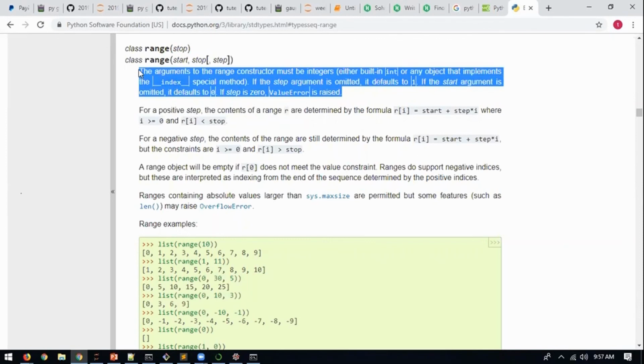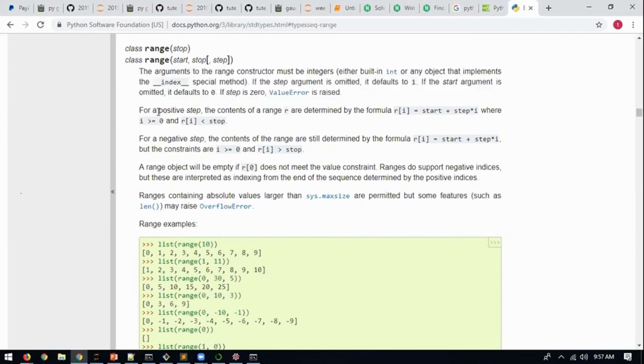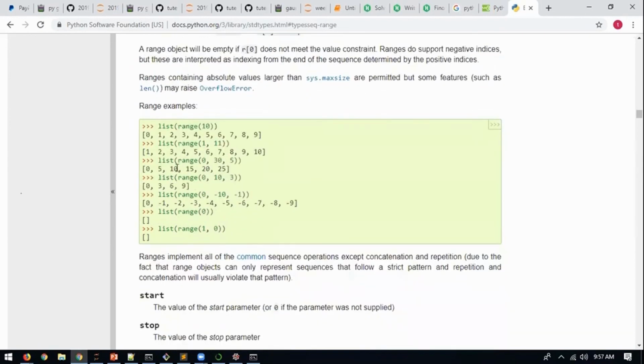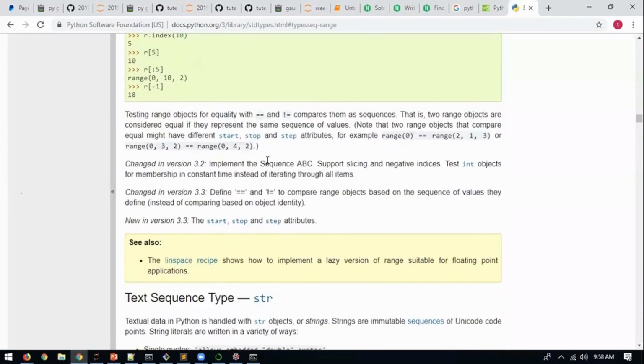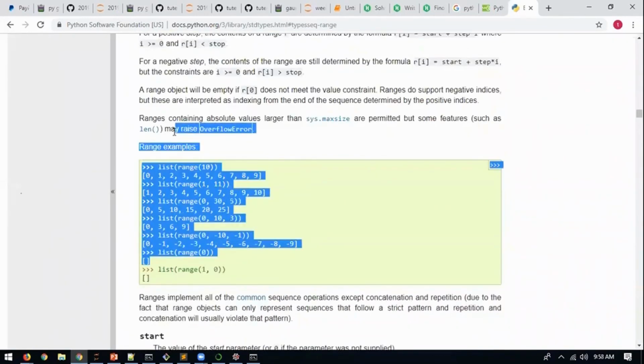Make a habit of reading this. Constructor is written the same as in C++. Exactly the same. The name is different. In Python, how you define a constructor is different, but it's the same thing. Initialize the first, yes, correct. For a positive step, it tells you everything and it gives you examples also. When you read this, you will understand the behavior of range yourself. When you look at all this code and the result, and then it gives you the description. Once you read this much, you will understand what range does.